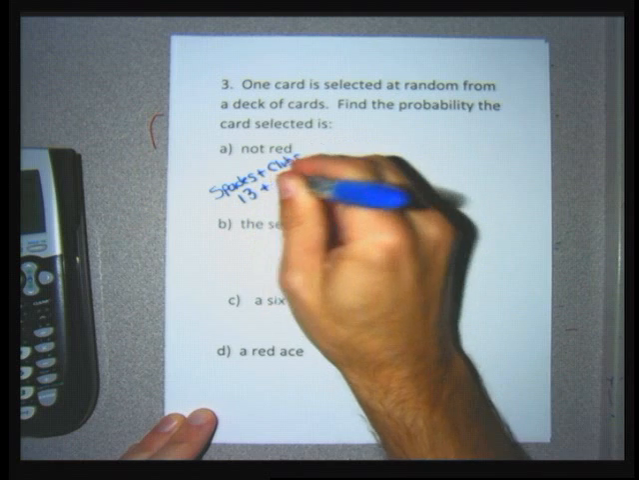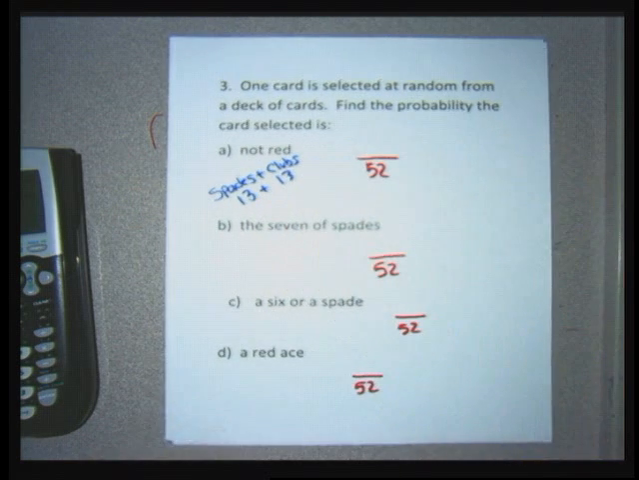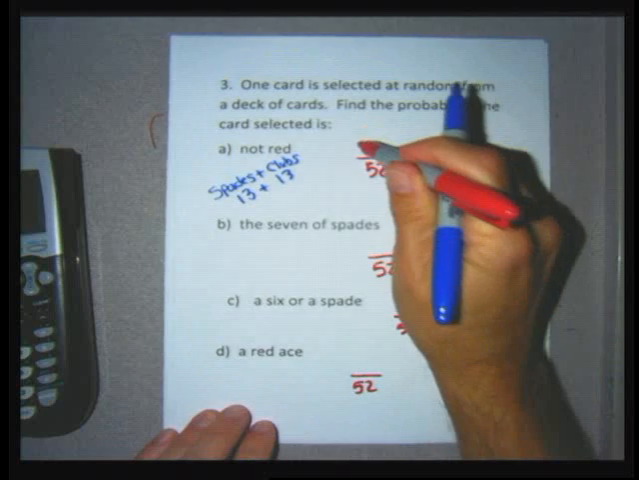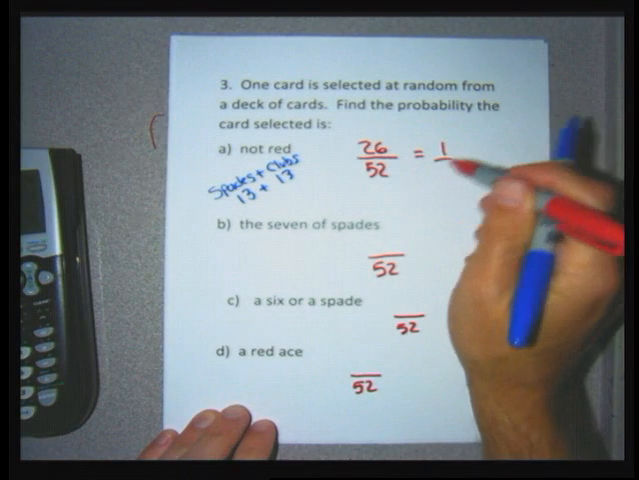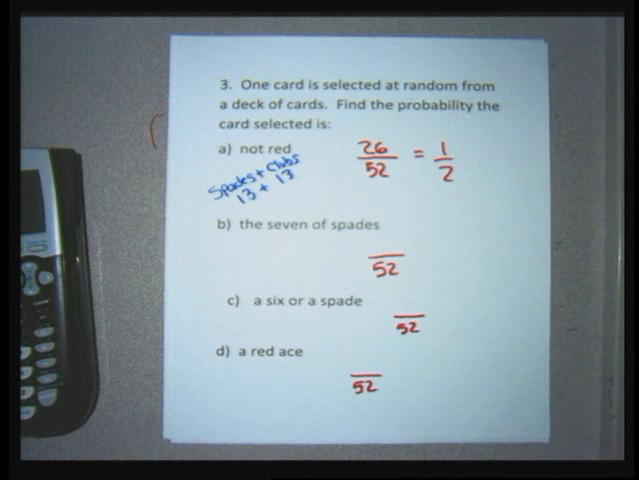There's 13 spades and 13 clubs. That's a total of 26 cards that aren't red, and that fraction reduces to 1 over 2. So for each part of number 3, the numerator is going to be the number of cards that fit the criteria that's presented in the question, and that involves knowing what a deck of cards looks like and all the cards and how they're